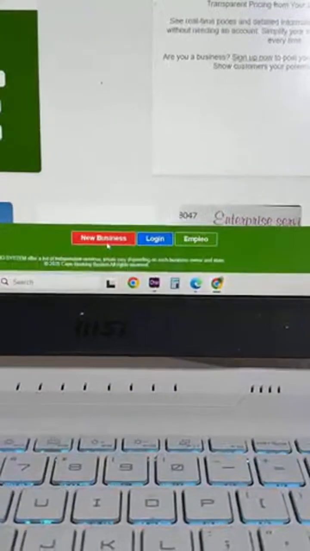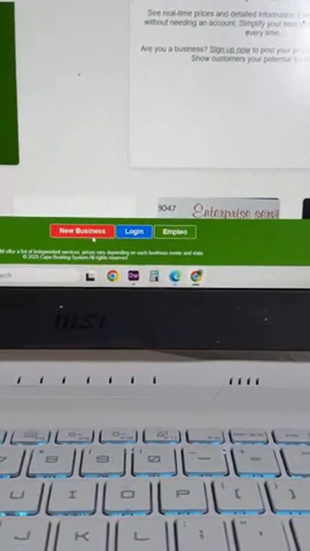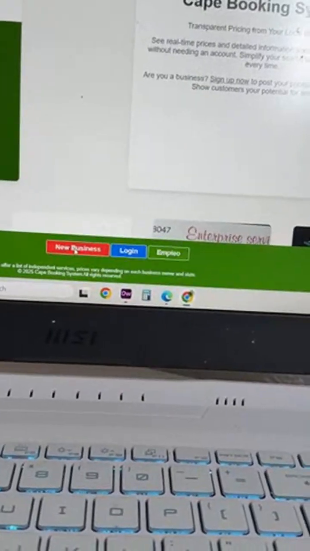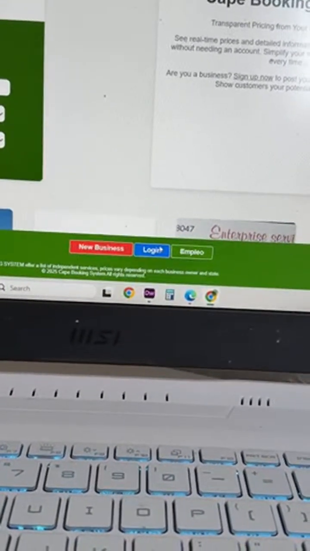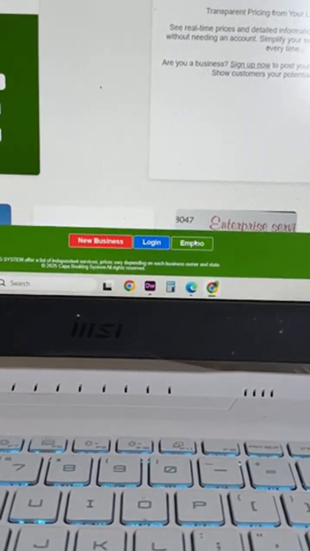Now, we have these three buttons right here, right? We have new business, login, and empleo. New business means, of course, you're a new business and you want to start having an account on Cape, so you press the red button. If you press the blue button, it's to log in because you already have an account. Empleo is where, if you're looking